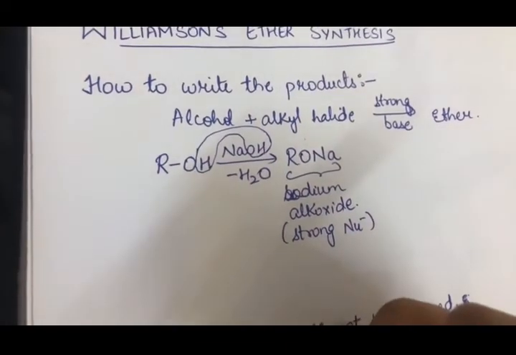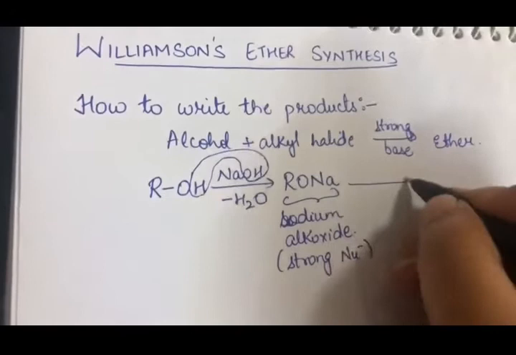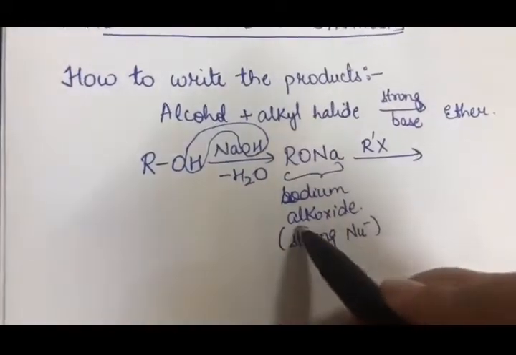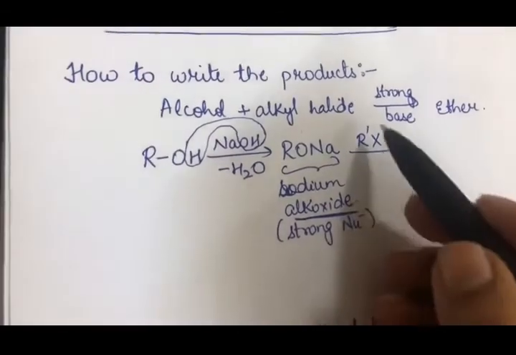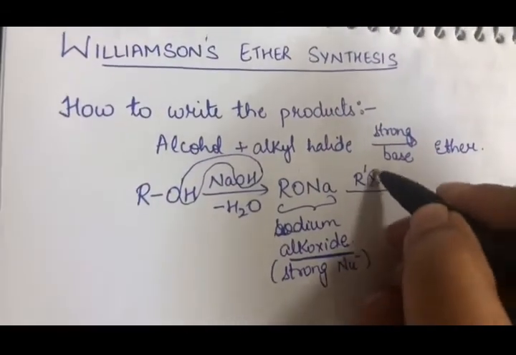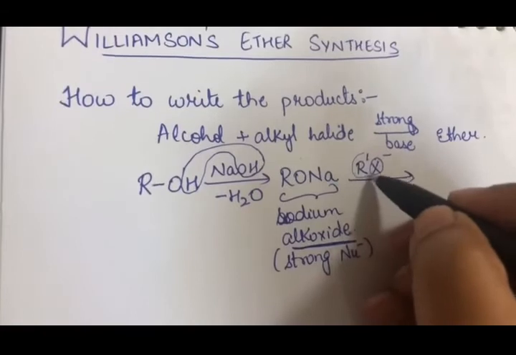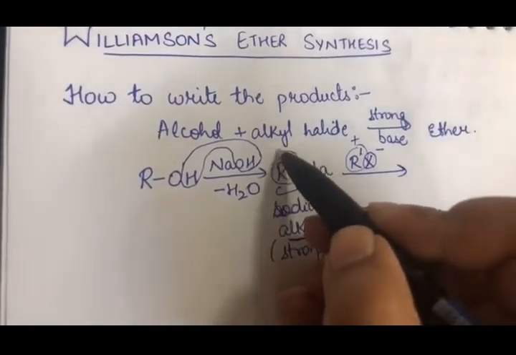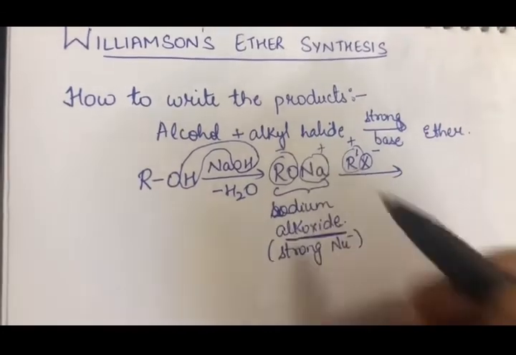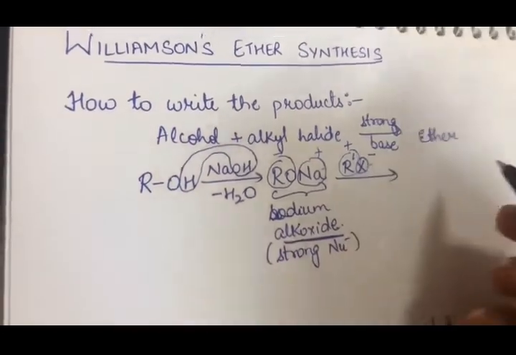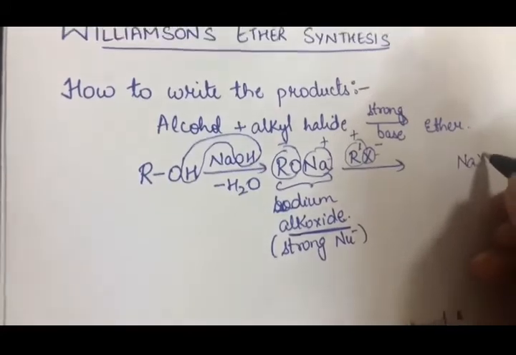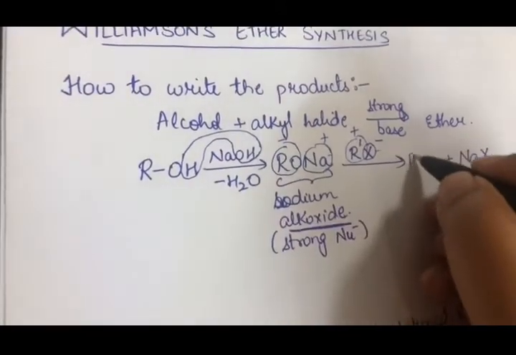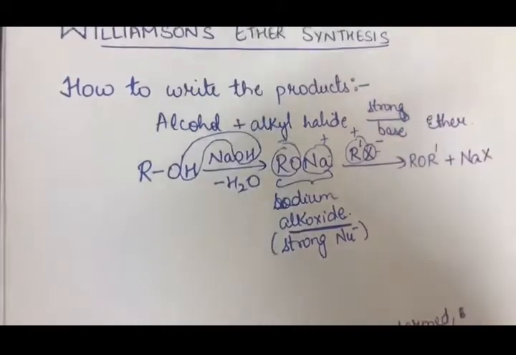And as we know, it will attack the alkyl. Now if I try to react it with an alkyl halide, this alkoxide ion will attack alkyl halide. How? Halogen we all know is negative. Alkyl halide will be positive. What about RO? Alkoxide ion is negative and Na is positive. So positive will react with negative and this will give you sodium halide. Plus what else would be formed? There would be the formation of an ether.